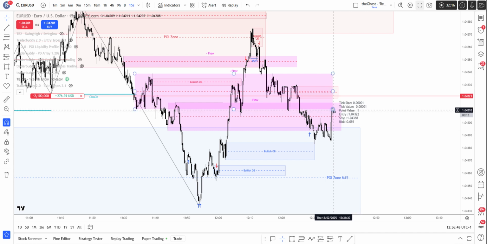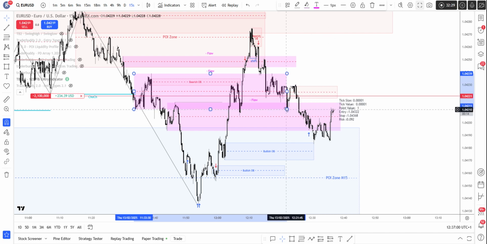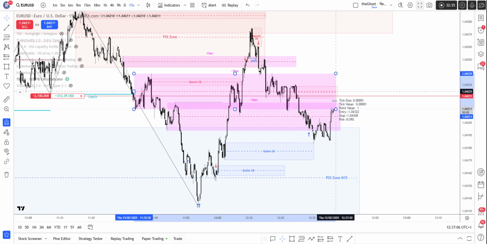So do we just bounce off the low of this one, or do we take the high? After we visited the low here, we did not revisit the high here. So there is a possibility that we go up here,